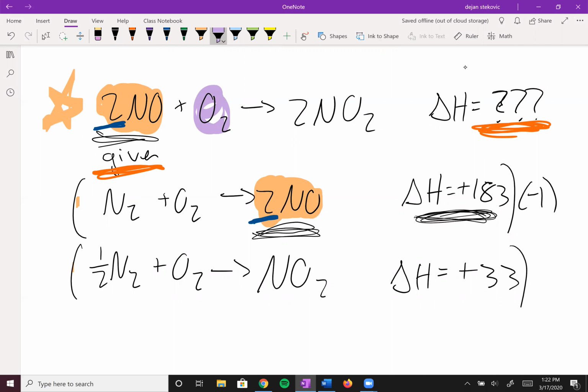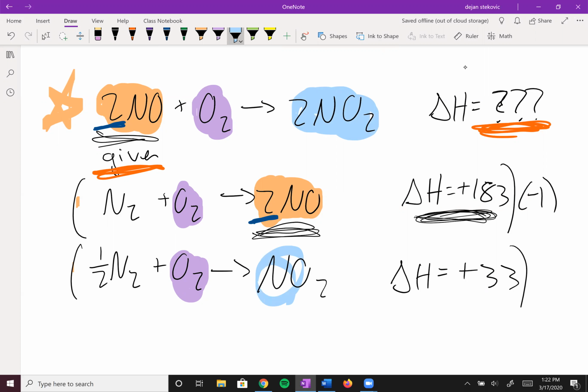Next up, we look at our next component, our O2. So we want to think about where this O2 is coming from. If we see O2, it comes from here and from here. So in this case, we don't know where it comes from. When we don't know where it comes from, the best thing to do is to just ignore it for now. We'll come back to it, but for now, we're just going to ignore it. Finally, we have this